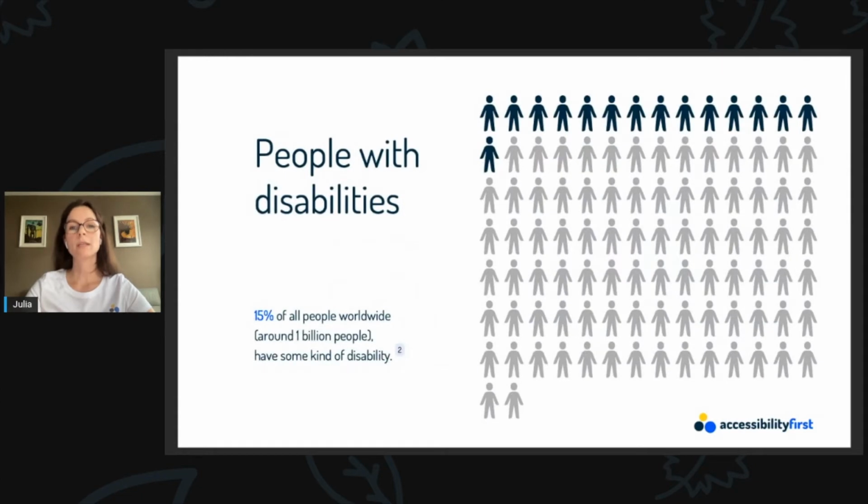Worldwide, 1 billion people have some sort of disability. Sure, it doesn't necessarily affect a person's ability to use the internet, but without accessibility, the lives of people with disabilities could be negatively impacted in dramatic ways because they can't use the website or buy the product you are trying to sell.